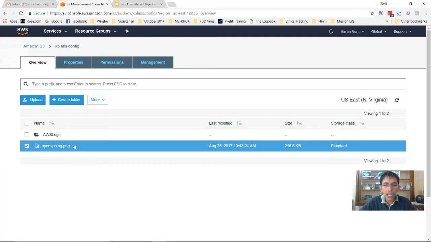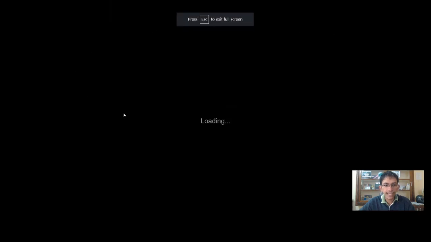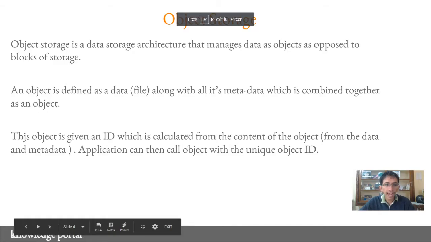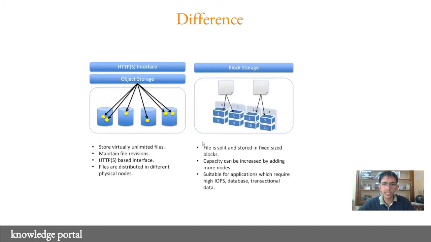So this file along with all the metadata together creates an object. So that is the second point. And the object ID, which is basically a unique ID, will be the combination of the content of the object as well as the metadata. We'll be looking into this whenever the right time comes, otherwise it will become much more complicated.